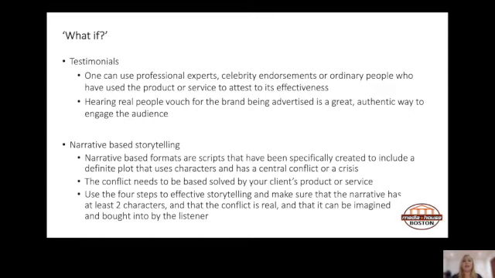Next we have testimonials. One could use professional experts, celebrity endorsements, or ordinary people who have used the product or service to attest to its effectiveness. Hearing real people vouch for the brand being advertised is a great, authentic way to engage the audience. An example of this could be using a professional sportsman to sell a deodorant brand. Something like,